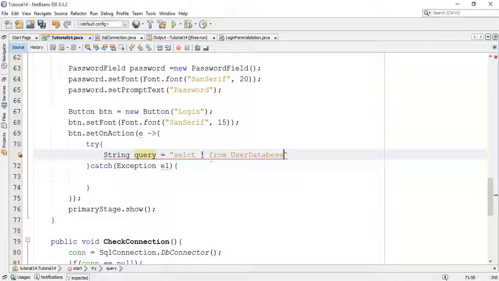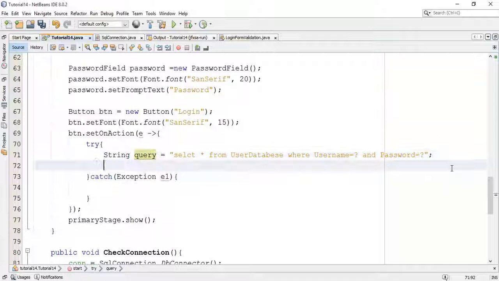So I'm going to select all from the user database table where username is question mark and password is question mark and semicolon. I'm going to copy that, select username and password from the database.